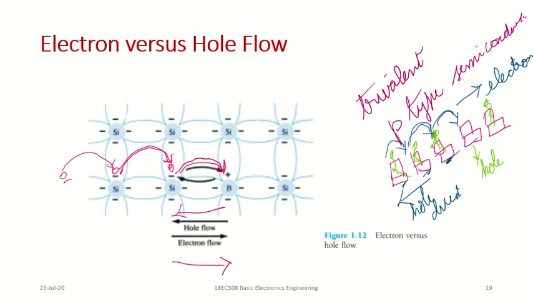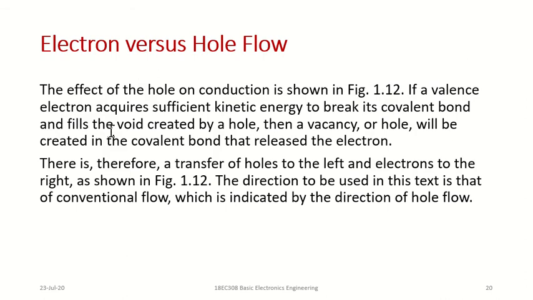And remember, electron current direction and hole current direction are opposite. This point you have to remember very clearly, and you have to understand this concept. In a conductor we have only electrons. In a semiconductor we have the concept called holes. The hole concept we are going to use only in semiconductors. A hole is nothing but the absence of an electron. Absence of an electron is positive charge; electron is negative charge. Electron is not there, so it is positive charge. Is it okay for you?